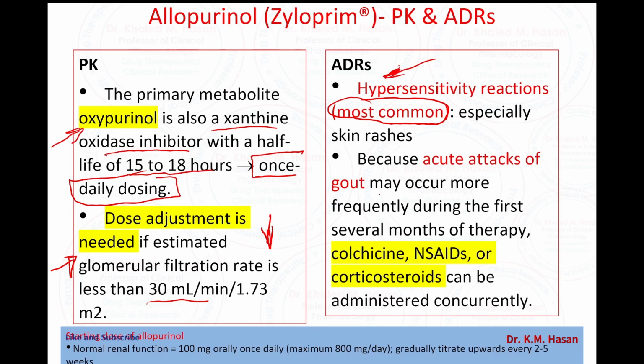Some patients may suffer from acute gouty attacks during the treatment with allopurinol. If the patient suffers from an acute gouty attack during treatment with allopurinol, we can treat the patient with an NSAID, with a corticosteroid, or with colchicine. So we have three medications